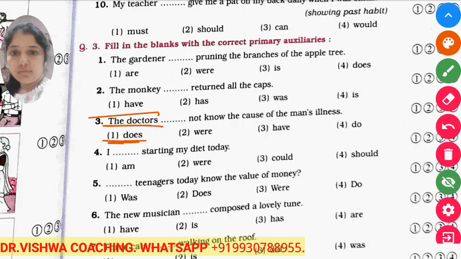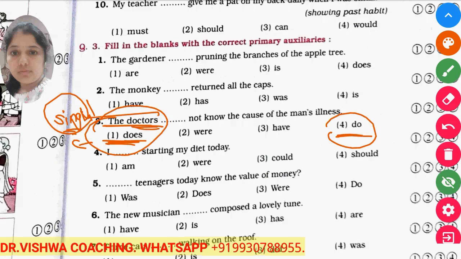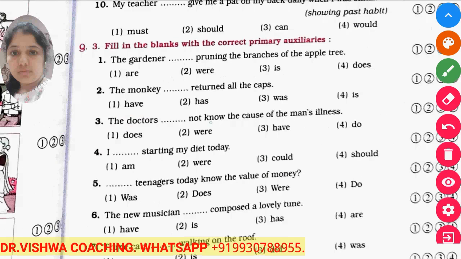So does will not come because we add es to the verb when there is a singular third person. Okay, we here use do because a plural noun is mentioned here. So doctors do not know the cause of the man's illness is the correct choice of option. So don't get confused while choosing the